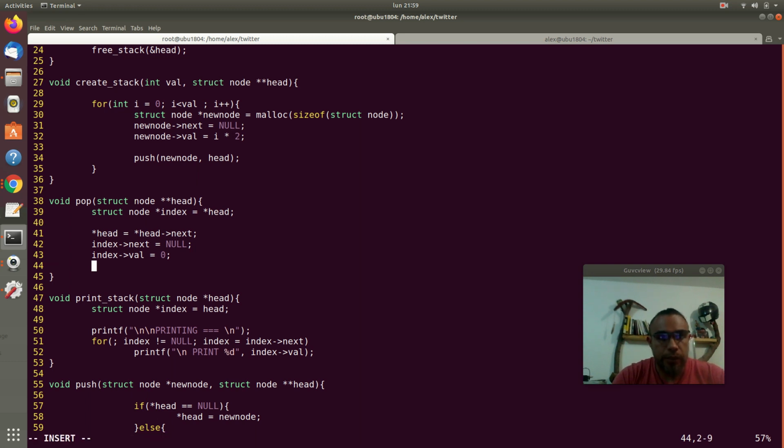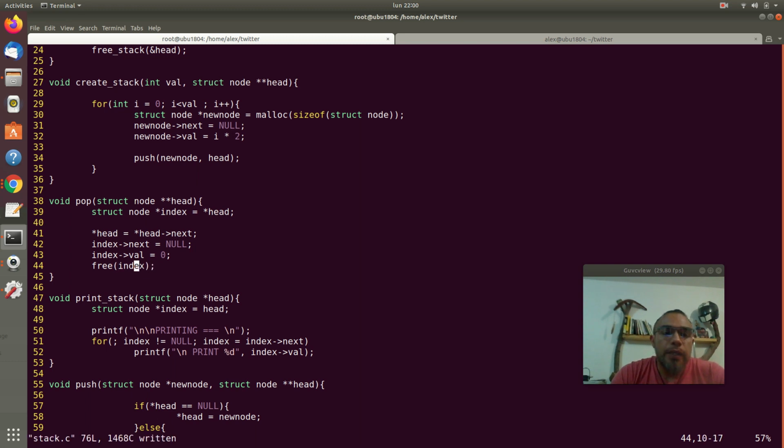I mean, for this, it's okay. When you're doing real code, just keep in mind that it's better if you initialize to null the pointers and anything that you are using as the value as well. You need to free the memory or not let the real values stay there. So free index, and that's how we're gonna do